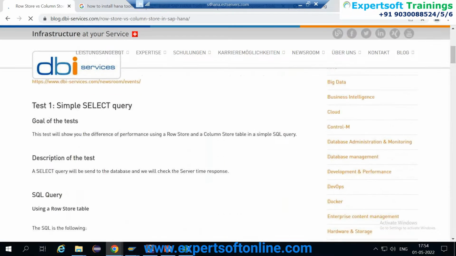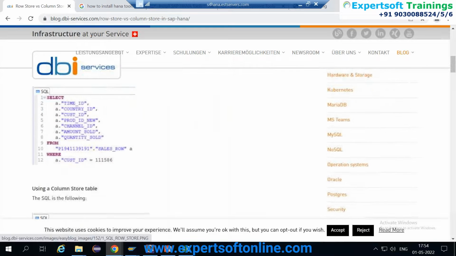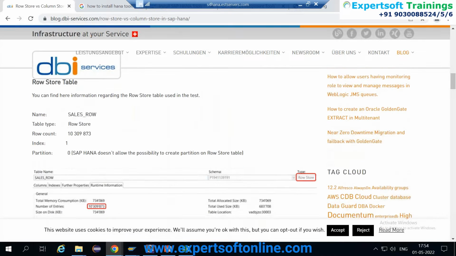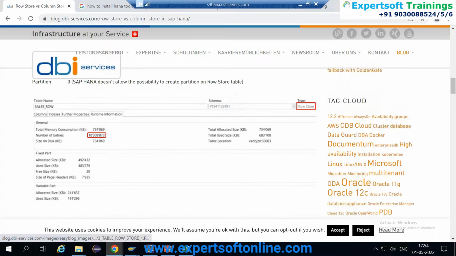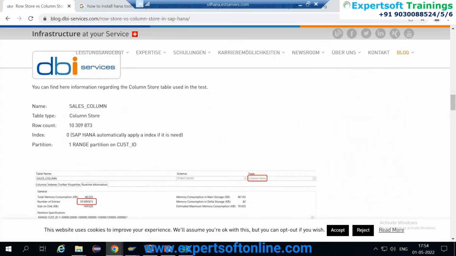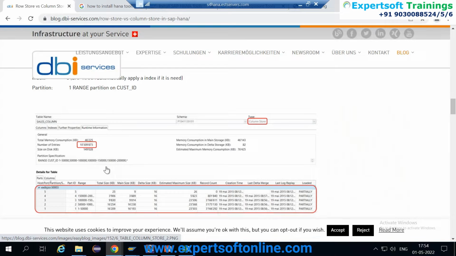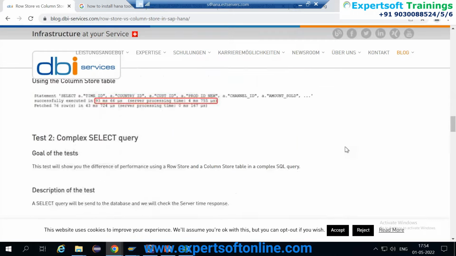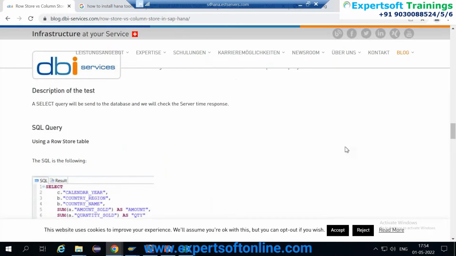It gives you a simple example of what kind of data to go for with row storage or column storage. It says simply that if you are doing aggregations, then you have to go for column storage. If this table has multiple aggregations, minimum, maximum, then you choose column storage. When you only want to see the data, then you can go for row storage.